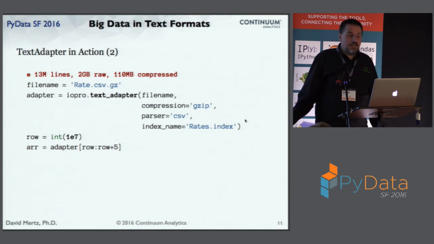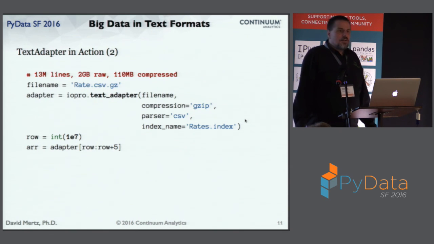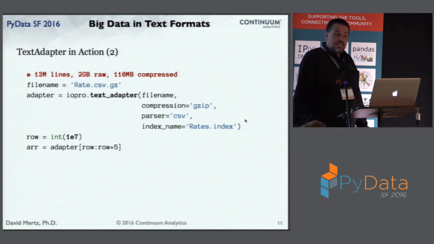And this is much bigger data. This is 13 million lines instead. It comes to 110 megabytes compressed, or 2 gigabytes if it were uncompressed of the raw data. So this is maybe not quite big data yet, but we're at least getting into medium-sized data. Maybe I should have, for the talk, tested against something that was bigger than this, and I think the effects